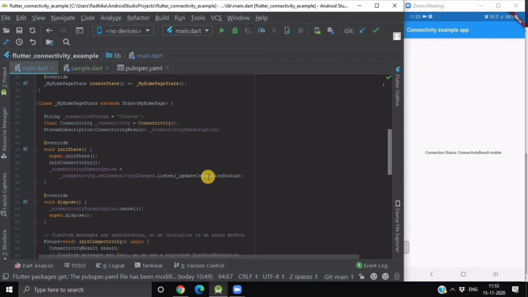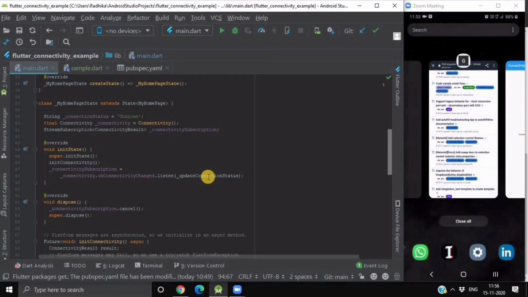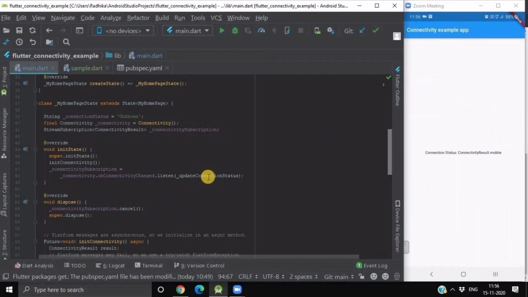But you can try it on your own. One thing is that when you switch off your personal network, it will not instantly show you ConnectivityResult.none. But if you switch your app and again click on your application, then it will show you ConnectivityResult.none. Or if you restart your app, then also.